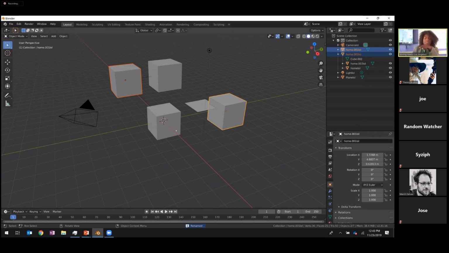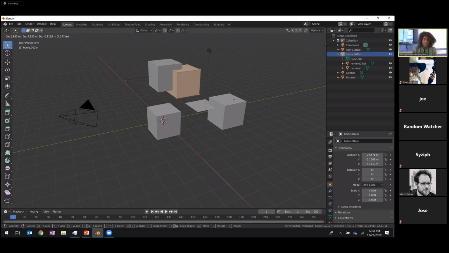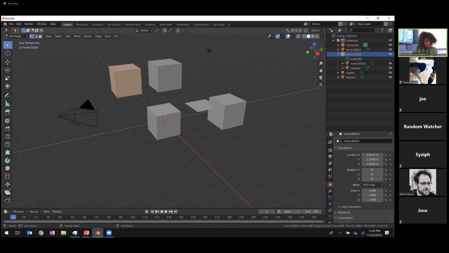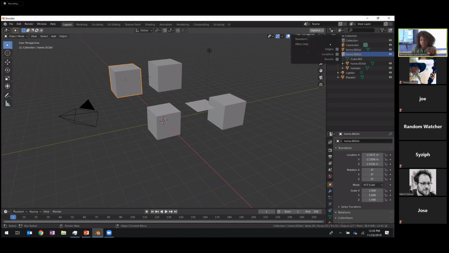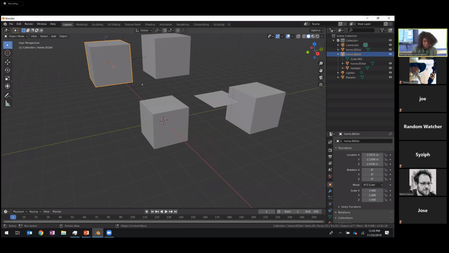Oh, this one's got me really excited, because this is another thing that I thought was loopy when I first got into Blender. If you wanted to change the origin, you'd have to go into object mode, select everything, and then move it. Now you can go into edit mode, select everything and move it. Now in object mode, you can go over to options, select origin, and then you get these